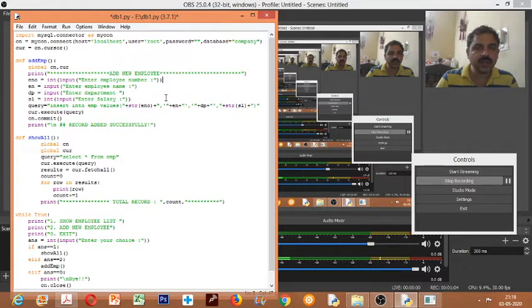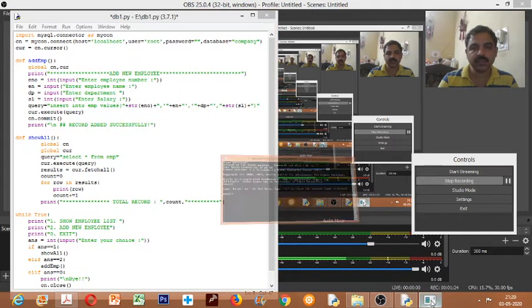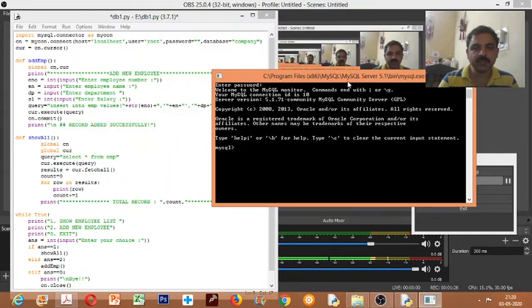I can create a database if I'm not changing the structure again and again. I can create it from MySQL directly, or I can do the creation through Python code. So what we'll do is first create a database through MySQL, then come back to the program and see. I need to create a database name, so I'll just create a database and give the name as company.